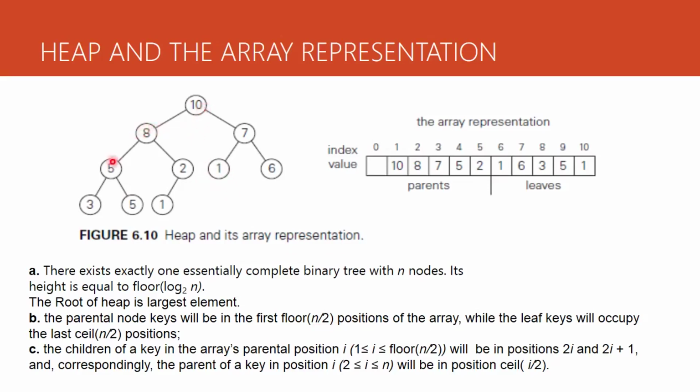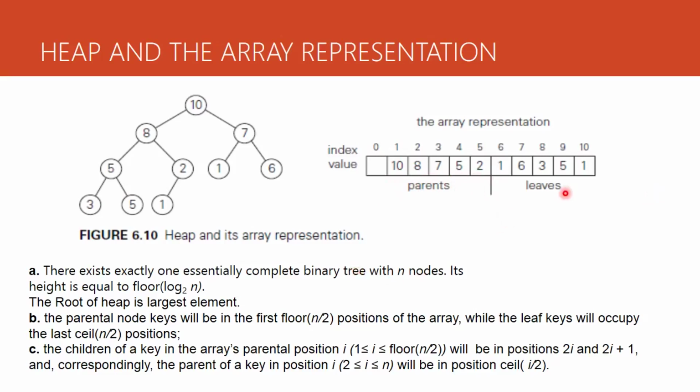So what is n? n is 10 here. 10 by 2 is 5. So who are the parents here? The first one is a parent. Root is a parent. This is a parent because it has children. This is a parent. 5 is a parent. 2 is a parent. Whereas 1 does not have children. From here onwards these nodes don't have children.